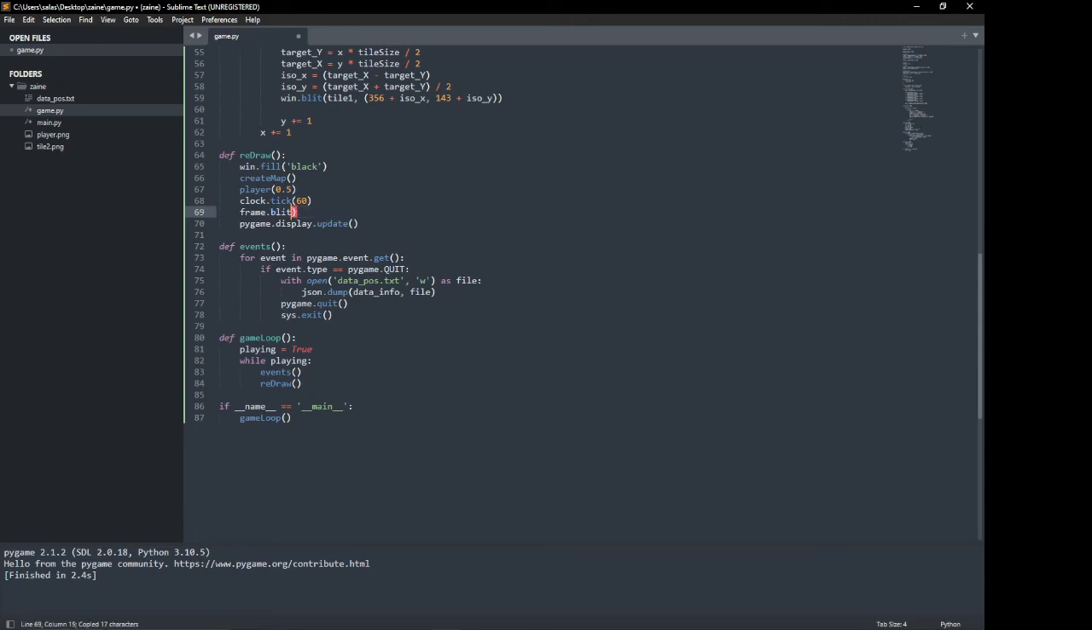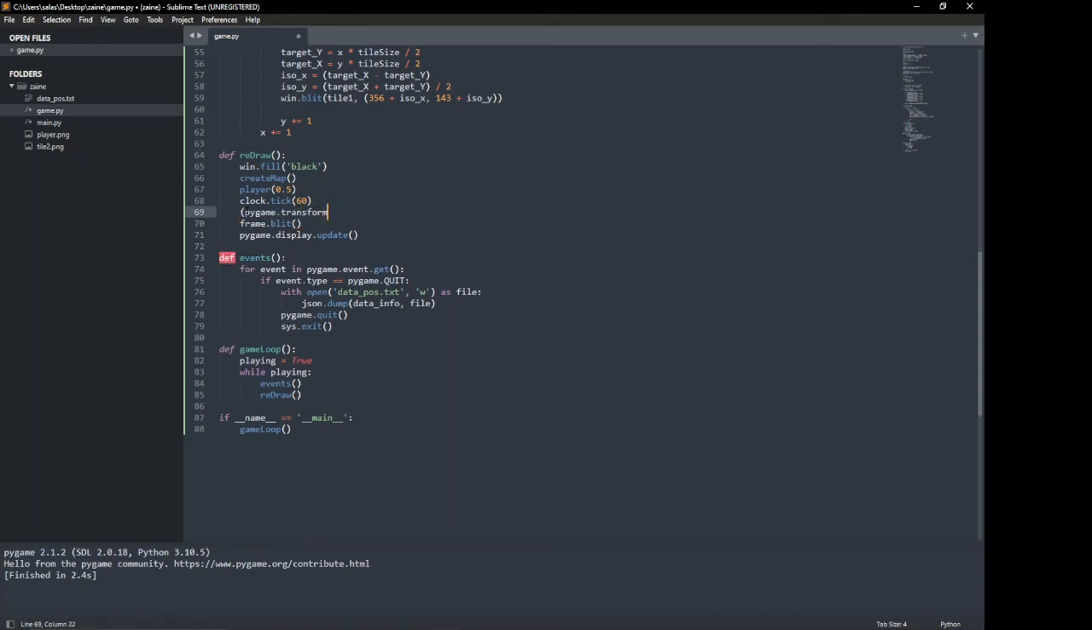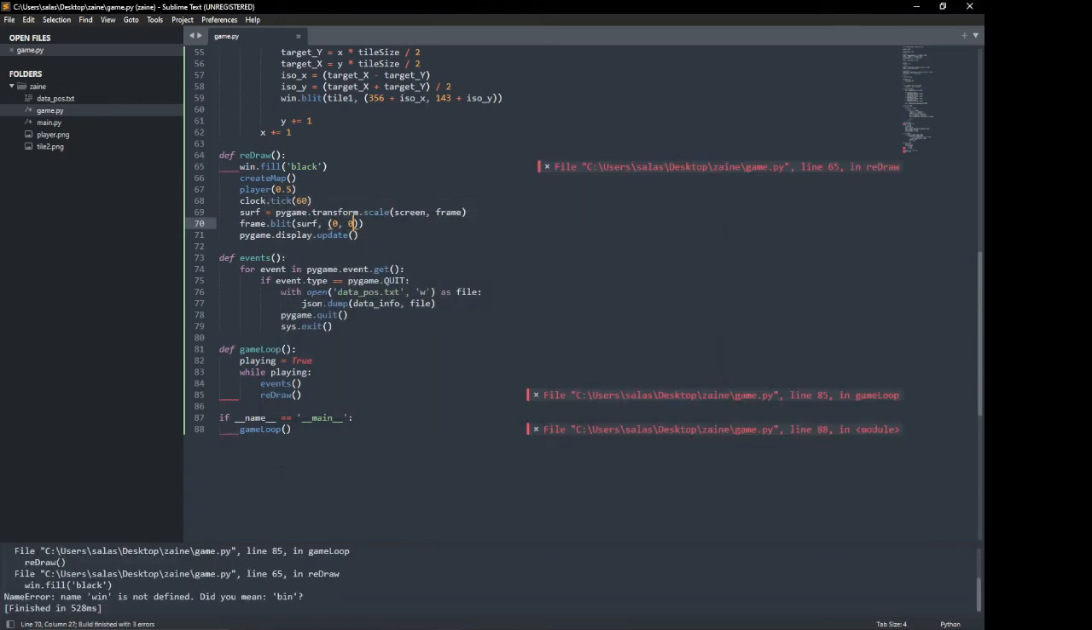Actually no, basically what I'm doing right now is changing the resolution because this is way too big, but I still want the screen to be big. So I'm going to do Pygame dot transform dot scale. And we're going to say screen. That should work. Oh wait,